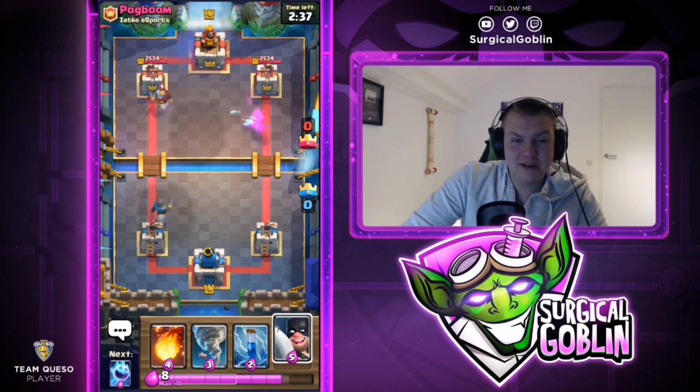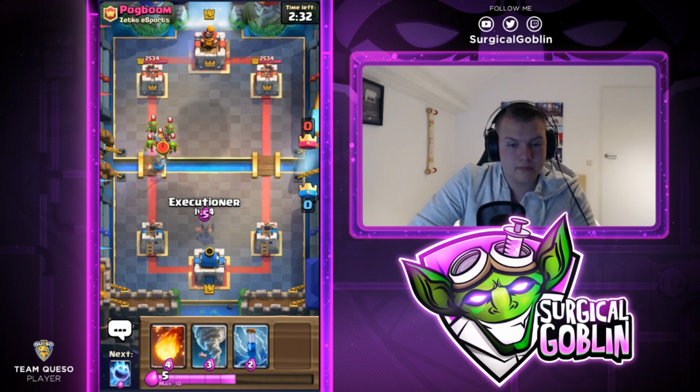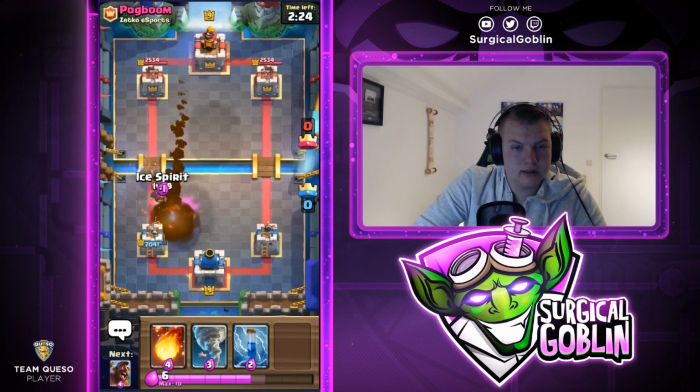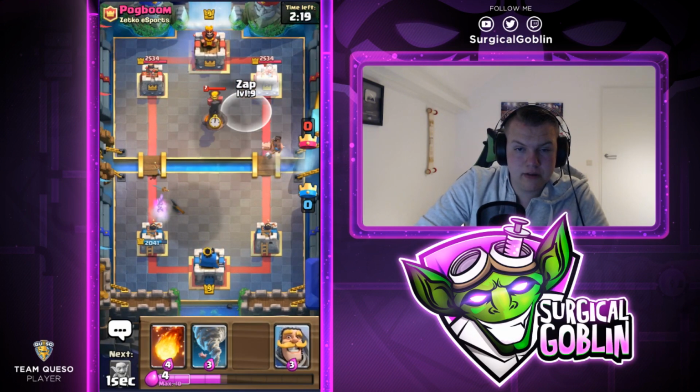So this guy probably knows us, but he starts off with a Knight and an Executioner, or an Ice Spirit and Goblin Gang. So that tells me he has Log Bait. Let's see if he has a Rocket on this. I think, yeah, I misplaced my Executioner, which is unfortunate. But he spent quite a lot of elixir. So let's go with the Hawk Rider on this side. Let's see if we can...